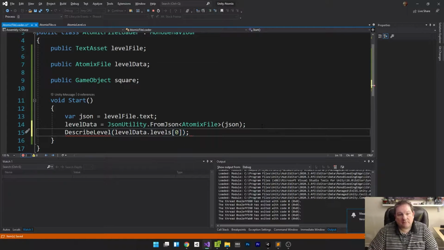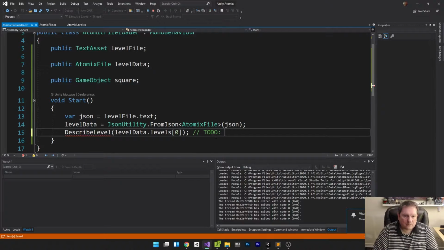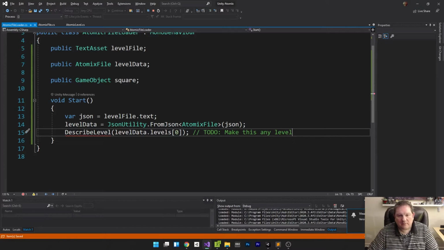We want to describe the first level. We probably want to make this any level, so maybe we want to pull that in at some point and make that not level 0. We also want to make this public, so I guess we actually want to pass in 0 here,